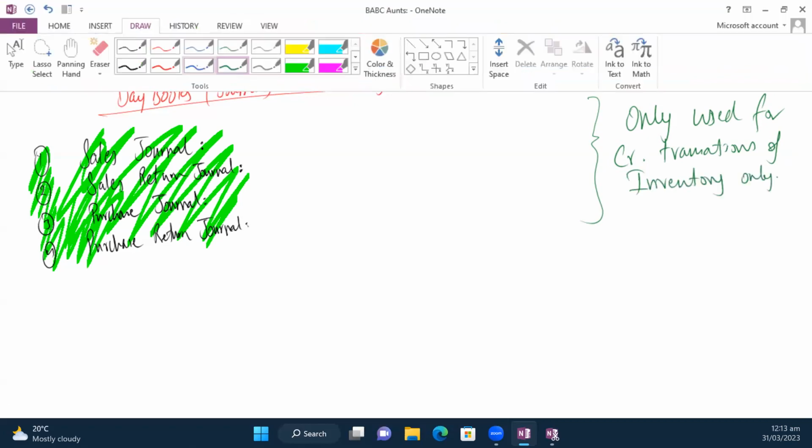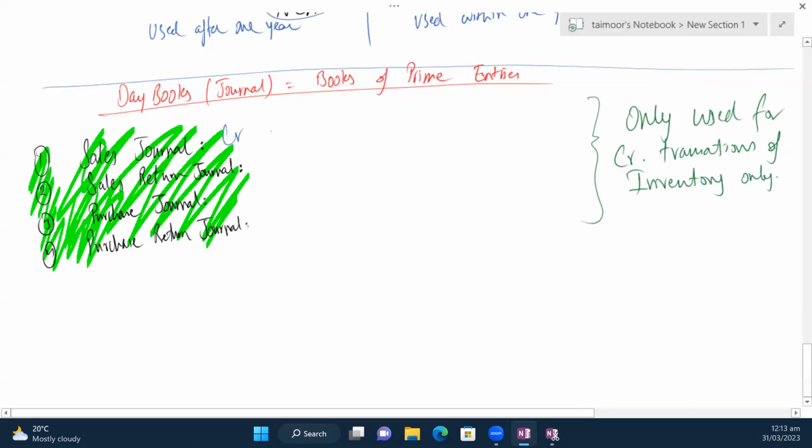which means in the sales journal, what will there be? Credit sale of inventory. If you're selling a non-current asset on credit, you won't record here. Sales return journal, credit sale return of inventory. Purchase journal, credit purchase of inventory. Purchase return is credit